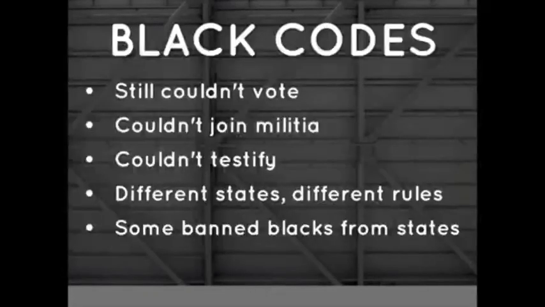In 1866, we get the Civil Rights Act of 1866. And this is an attempt by the radical Republicans to start to enfranchise African Americans who are facing black codes, which are stripping them of any rights, which are denying them equal access, which are really doing a kind of neo-slavery. So in 1866, they passed the Civil Rights Act, which is very flowery in its language about the federal government protecting the rights of these newly freed African American peoples.